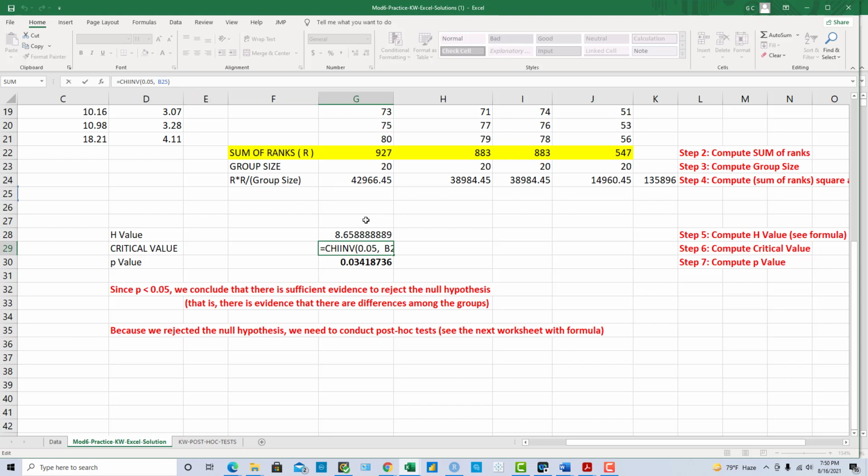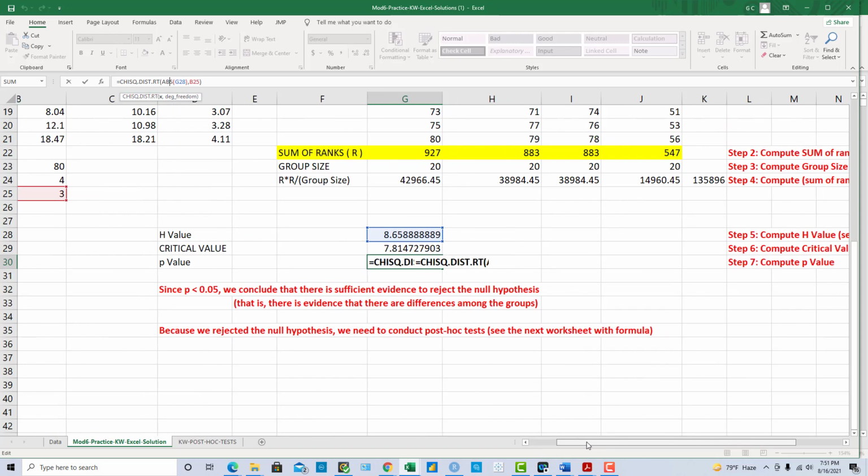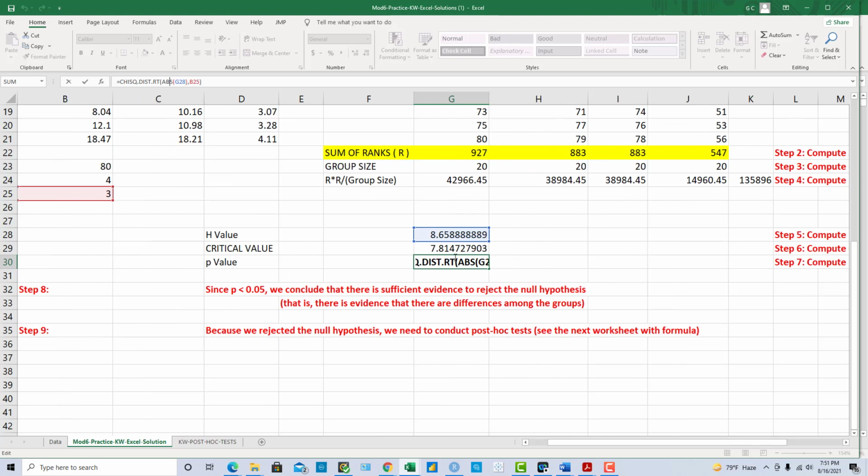So we get that in G29 using that formula, and the p-value is obtained by this formula, the chi-square distribution, by using the H value as a parameter, and we are also going to use the degrees of freedom as a parameter, and we obtain the